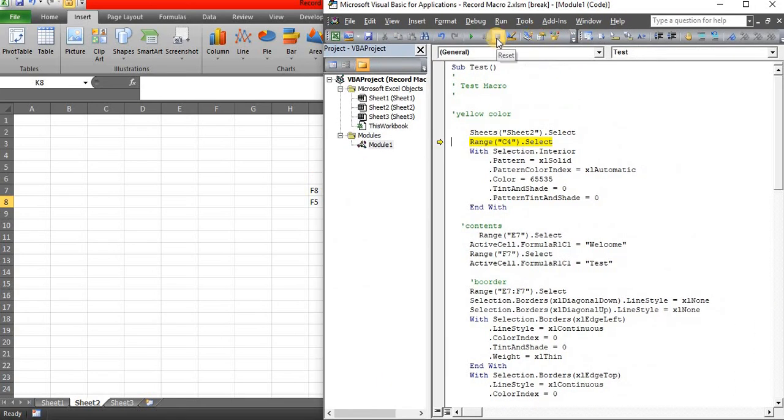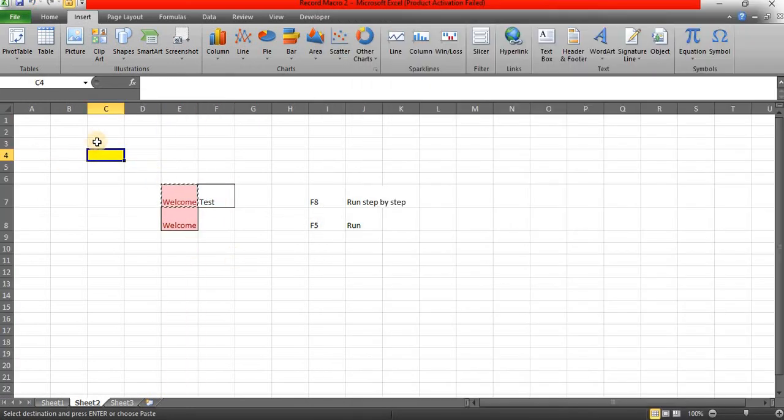And if you want to reset, just click on this button. Now I have started this macro, right? I want to reset the macro, so just click on this. It has been reset. Now I will click on this Run. What will happen is it completes the activities, whatever actions I did previously, everything has been completed accurately, right? It highlighted the text, and the conditional formatting and borders, everything has been updated.